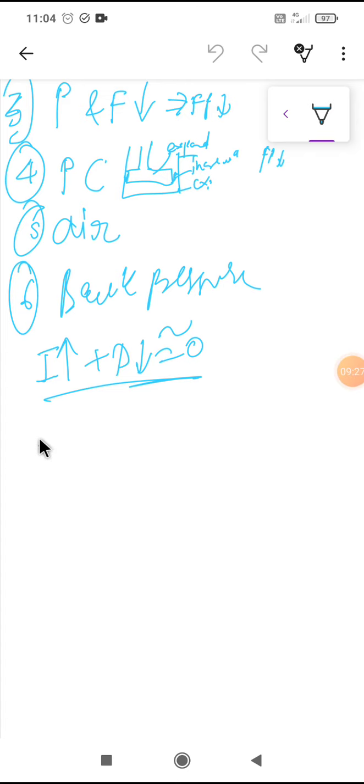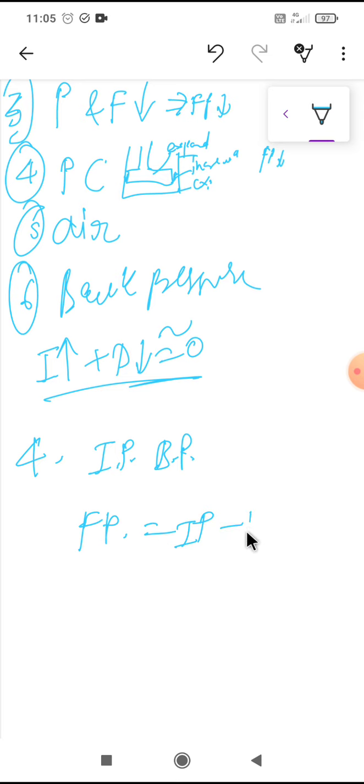Next, the fourth method is measurement of indicated power and brake power. This is an ideal method by which the friction power is obtained by computing the difference between the indicated power minus brake power, from the indicator diagram, which is obtained by the dynamometer. This method is mostly used only in research laboratories, as it is necessary to have elaborate equipment to obtain accurate indicator diagrams at high speed. So this will give a 100% perfect result.